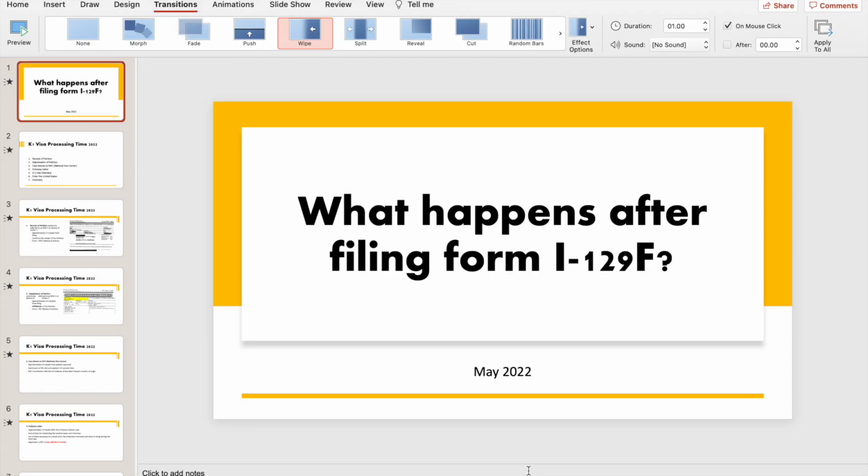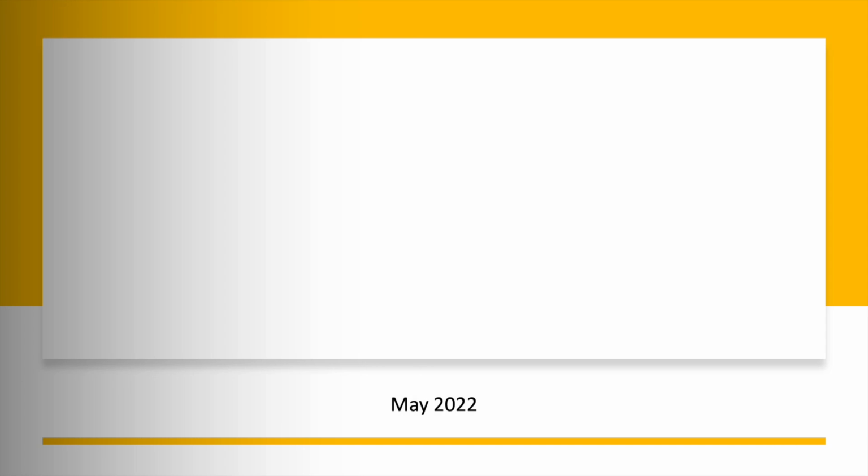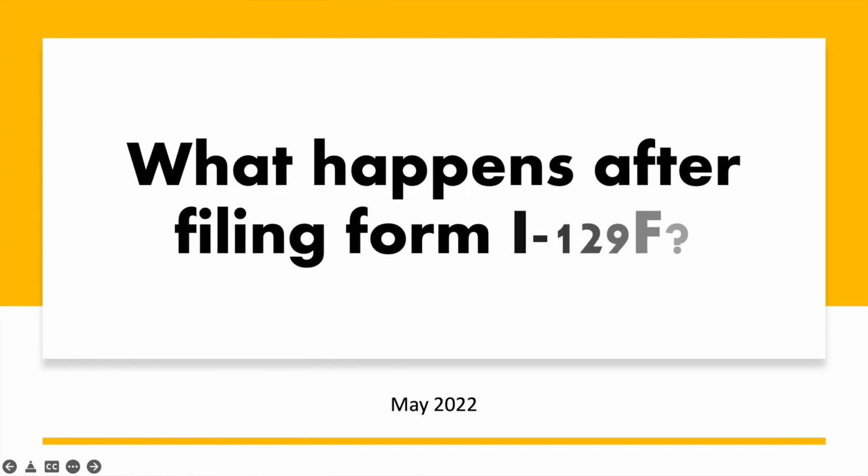You're probably here because you're wanting to know what happens after filing Form I-129F, whether you're still going to file, you're about to file, or you already filed and are wondering about the steps after filing Form I-129F. Filing Form I-129F, or Petition for Alien Fiancé, is the first step in obtaining a K-1 visa for